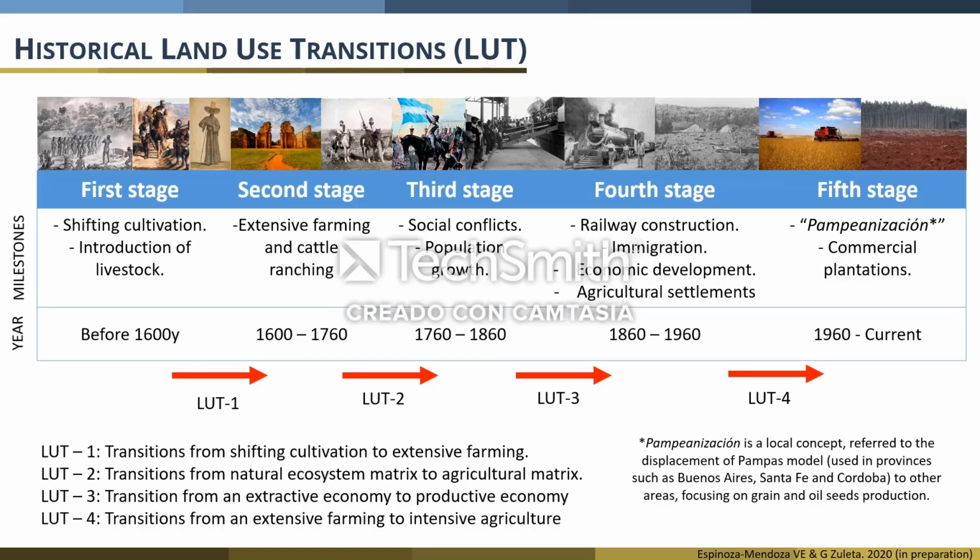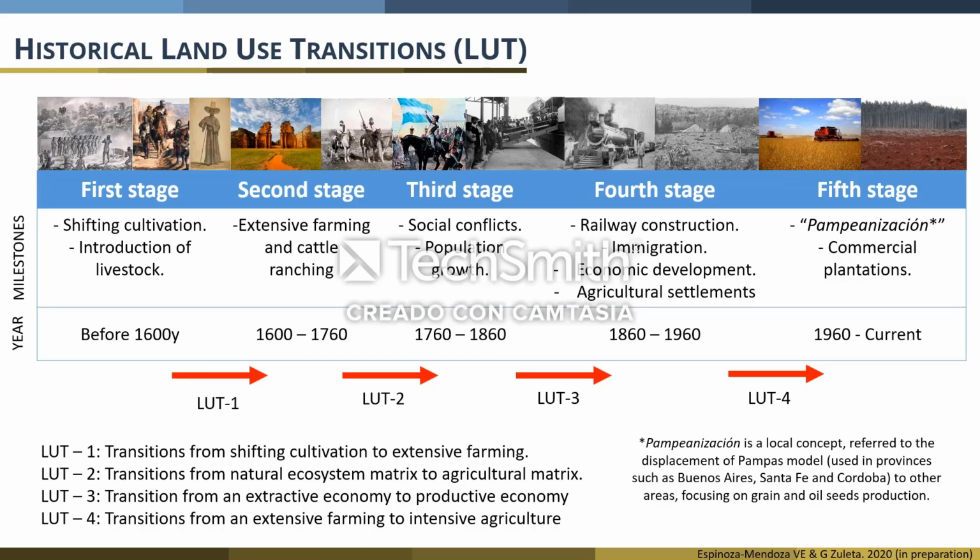The LUT 1 is related to agriculture and livestocking, that was between the first and second stage. The LUT 2 is related to the landscape and the first important change that happened between the second and third stage. The LUT 3 is related to the start of worldwide exportation and high economic development of our study area between the third and fourth stage, and was very influenced by immigration, the creation of agricultural settlements, and railroad